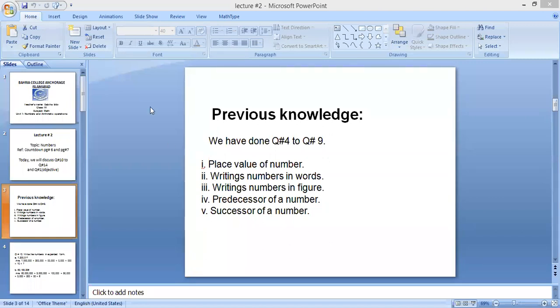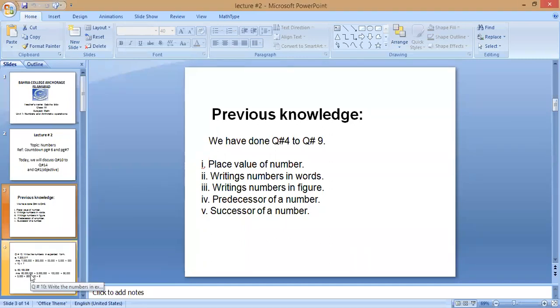Okay. After this, you have learned the predecessor of a number. What is the predecessor? Do you know? When a number is given and you want to find the predecessor, you will subtract 1 from the unit place, then you get the predecessor of that number. Okay, what is the successor? For finding the successor, you will add 1 in the unit place, then you get your successor. Okay, now come to our next work.